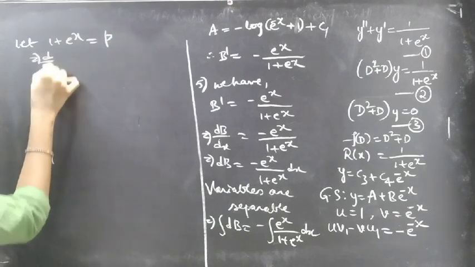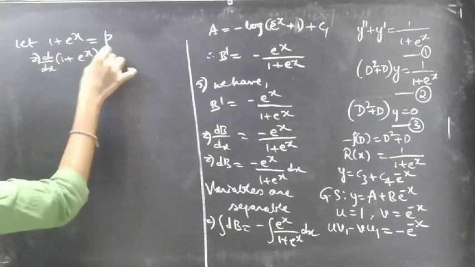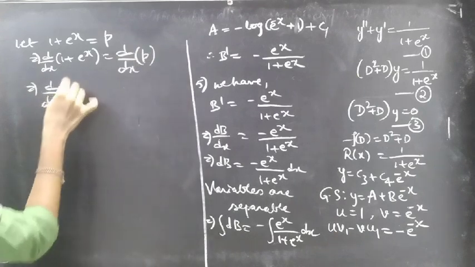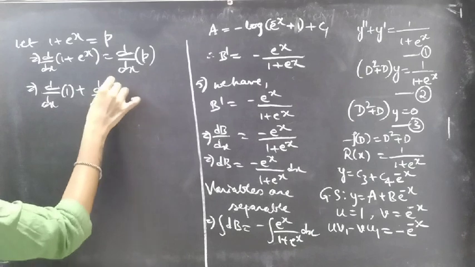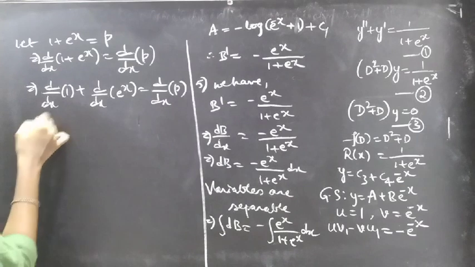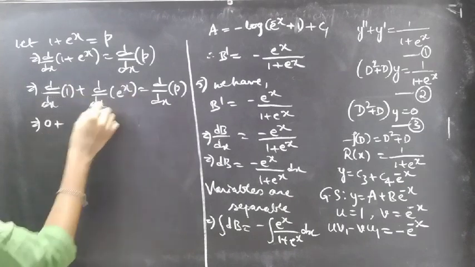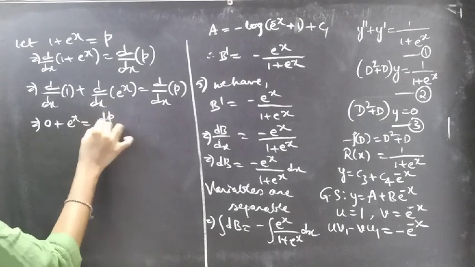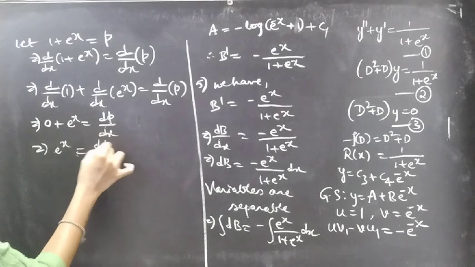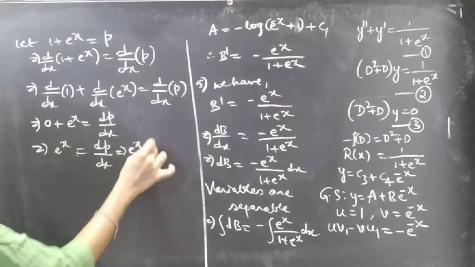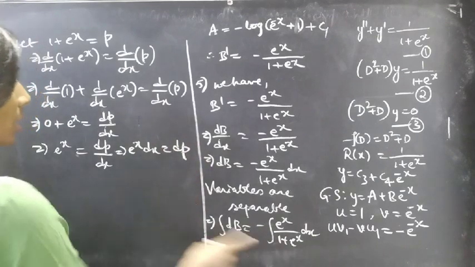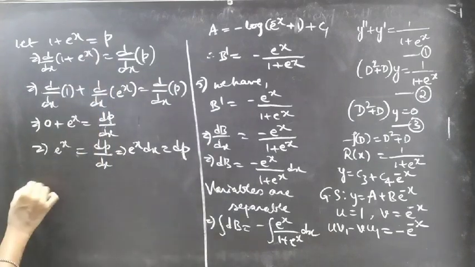Now differentiate on both sides with respect to x. Which gives us, right? Derivative of 1 with respect to x is 0 plus derivative of e power x with respect to x is e power x equals to derivative of p with respect to x. This gives us e power x dx. Okay, e power x equals to dp by dx, or we can write this as e power x dx equals to dp. Now we can replace e power x dx with dp and 1 plus e power x with p. Then this becomes